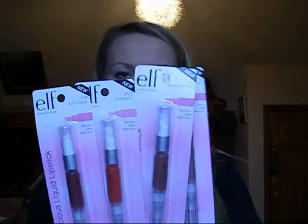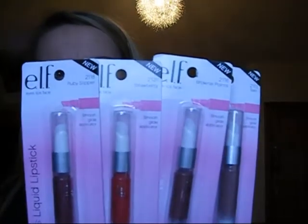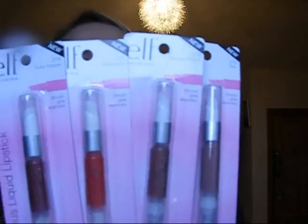Moving on, I'll go on to the Luscious liquid lipsticks. I have 4 of these, but now I technically have 5, but I remember before the glue on the eyelashes was completely dried out and they sent me some more, so they're just going to have to send me the lipstick. Yeah, these are the Luscious liquid lipsticks, and the colours I've got are Ruby Slipper, Strawberry, Brownie Points and Bark,